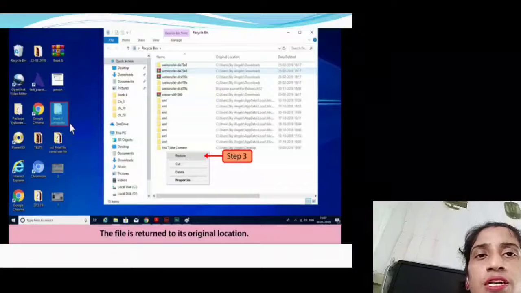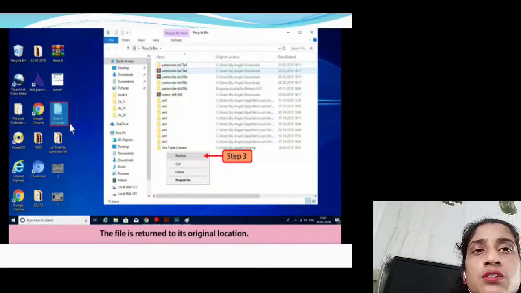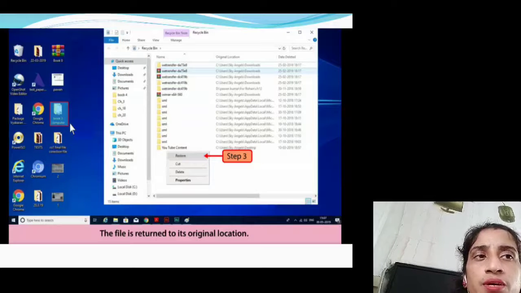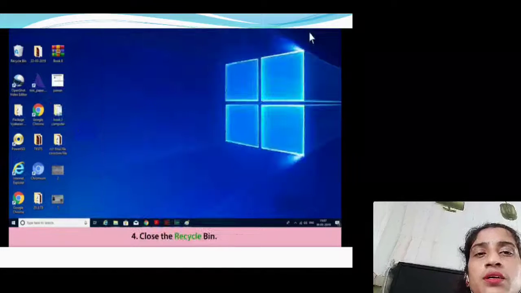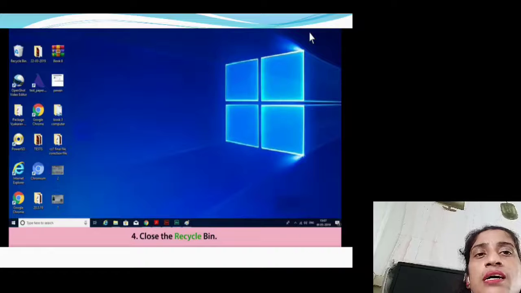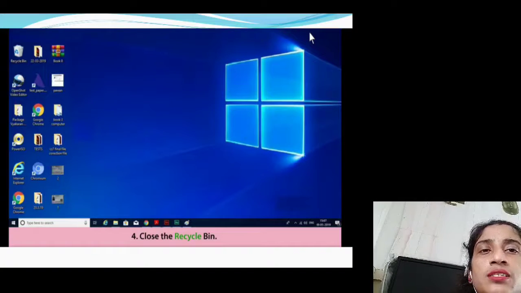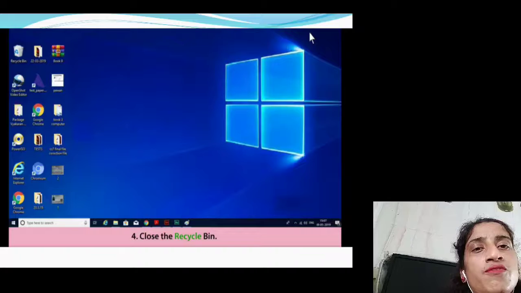So student, when you select the restore option in the shortcut menu, the file is returned to its original location. And after that close the recycle bin. So this is all about restoring a deleted file, in which 4 steps are followed.